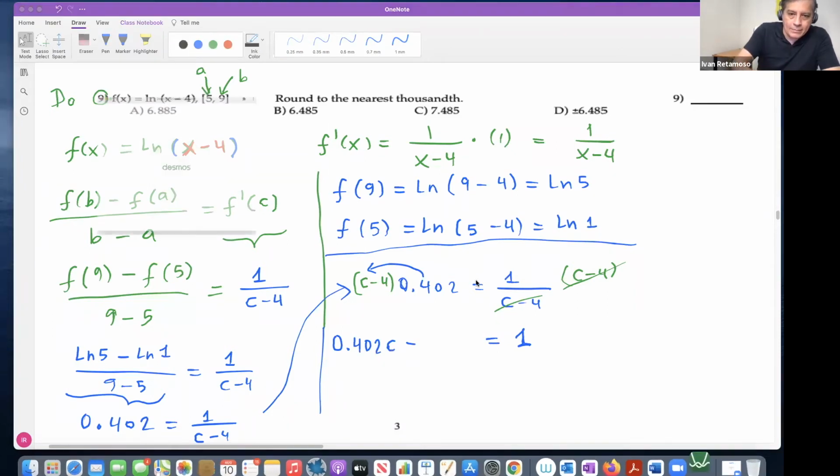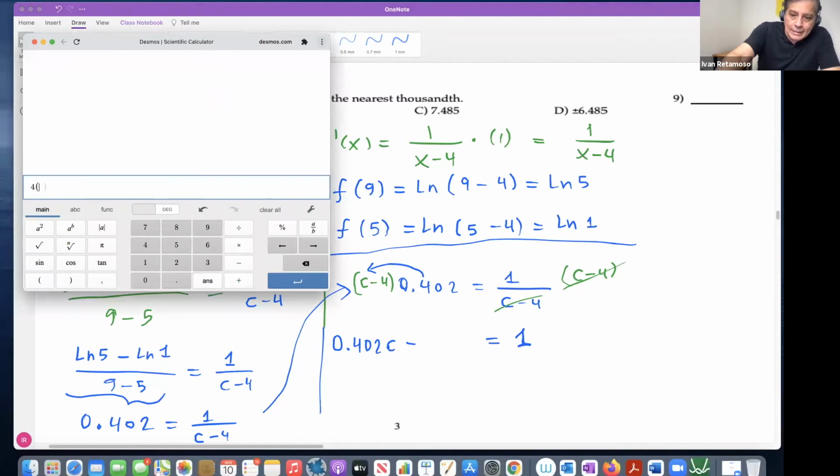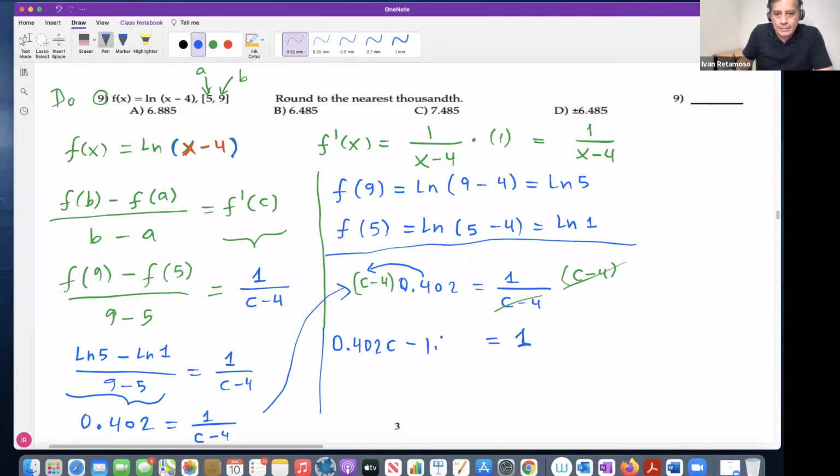What is that? So let's get it in our calculator. 4 times 0.402, right? I get 1.608. Okay. All right. Then I'm going to add this guy to both sides of the equation. Some students prefer just to transpose to the other side, changing the sign. Feel free to do that, guys. Any method you have to solve these equations should be okay. 1 plus this, 1 plus 1, 2 there,